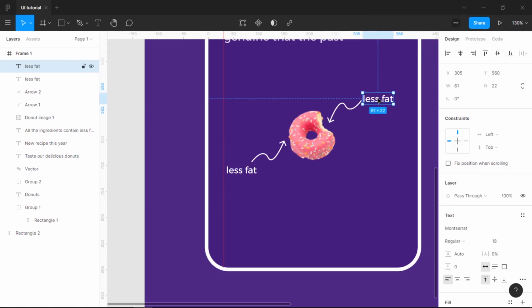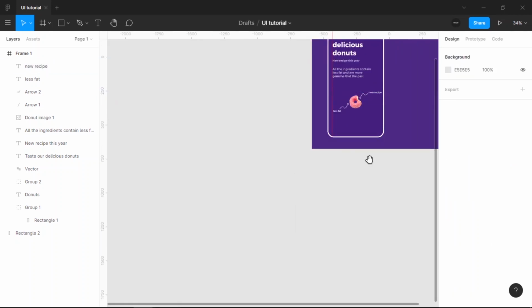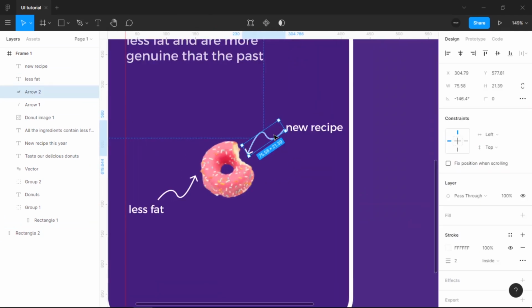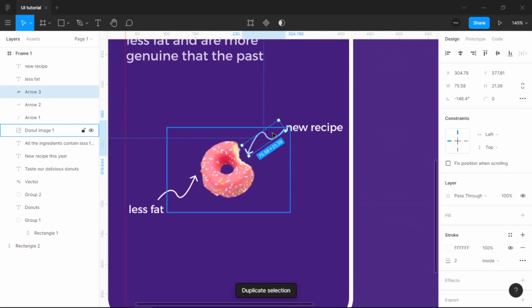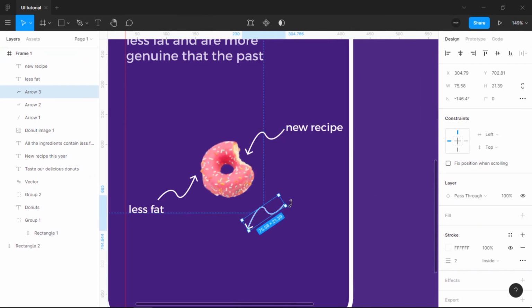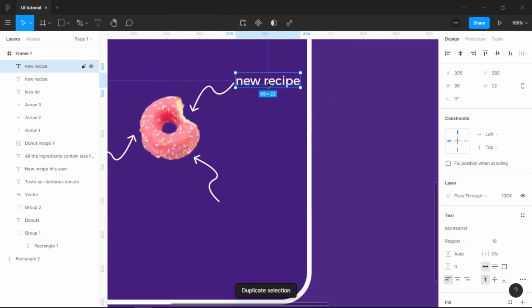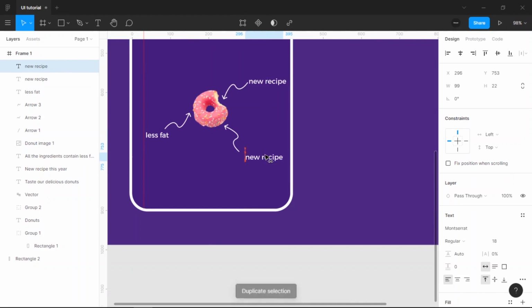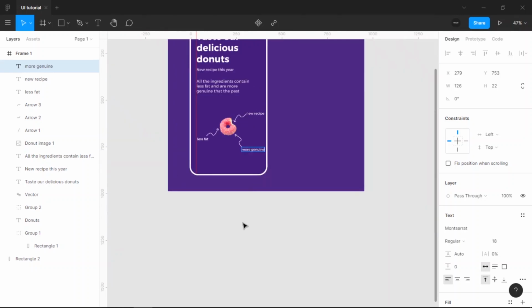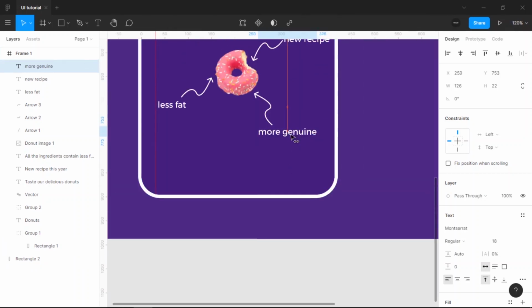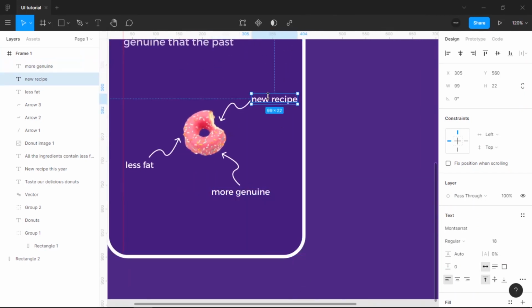and then we make new recipe, and then we just start with another Ctrl J, and then Shift, and then rotate, and then just put another text, Ctrl D, Shift to the left, and then more genuine. Now we just put the text on the top, on the left, and yeah,